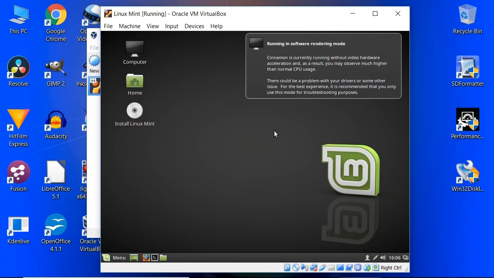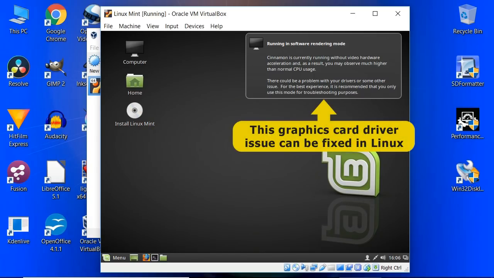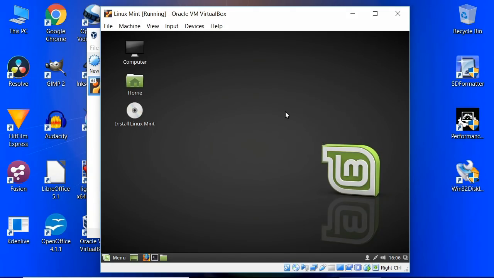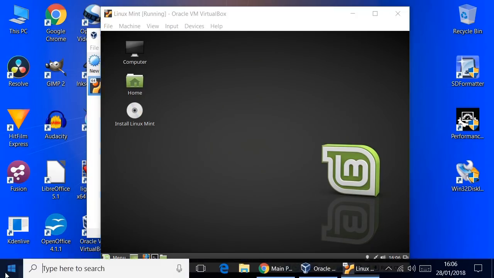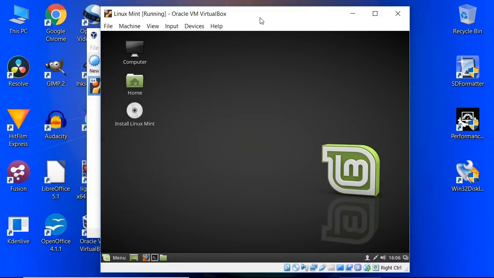It hasn't been installed yet. It's just simply come off as if it had booted, say, from a DVD or USB drive. We'll get rid of that message as we know it's not perfect. It's a virtual machine after all, but we are running Linux and Windows side by side. I find that amazing. Anyway, let's now install Linux Mint as we would if we had just come in from a USB drive. We'll just click on that,